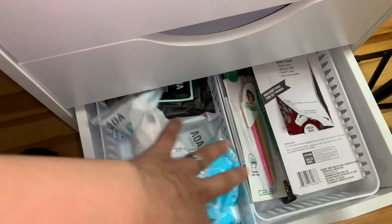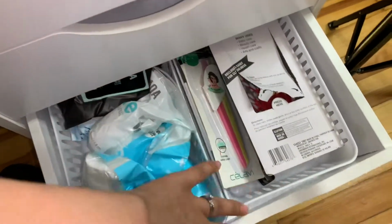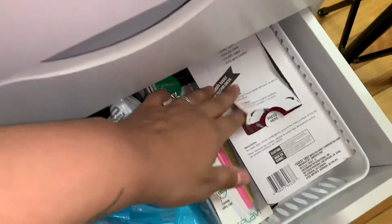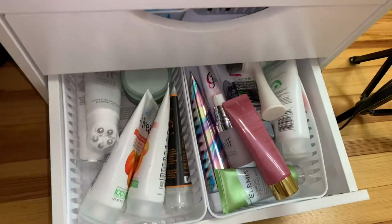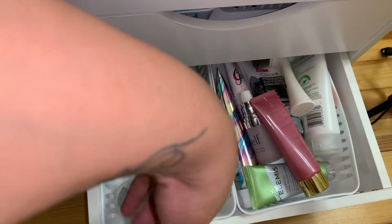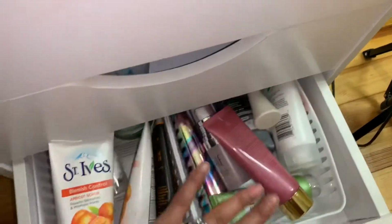Here I keep stuff to clean my face when I'm removing my makeup or putting a mask on, so I can take my eyebrows out. I do my own eyebrows. Cotton swabs. Here in the last drawer, I have more skin stuff. Masks, scrubs. And let's go